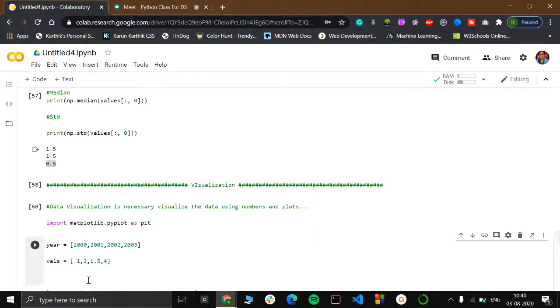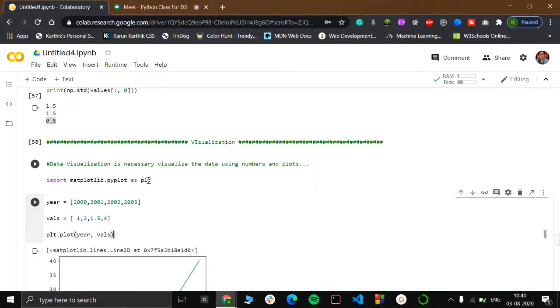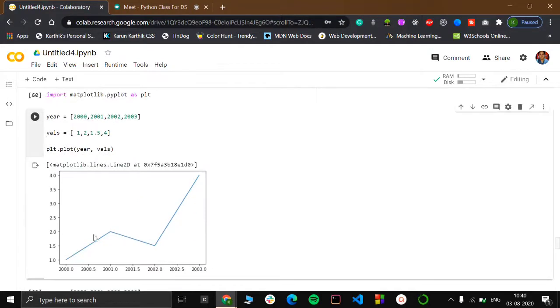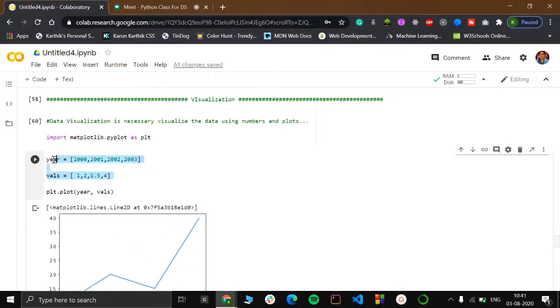So then what you will be doing is visualization. Visualization is done by using matplotlib. The standard way of importing the matplotlib package is import matplotlib.pyplot as plt. So when I put this here in the x-axis and the vals in y-axis, I have a graph something like this. Seeing this graph, I can say that the value has increased from 2000 to 2001, but it has depreciated back again to 2002, and from 2002 it has got a steep rise. So you can give the inference like that by visualization just by seeing these two list values.